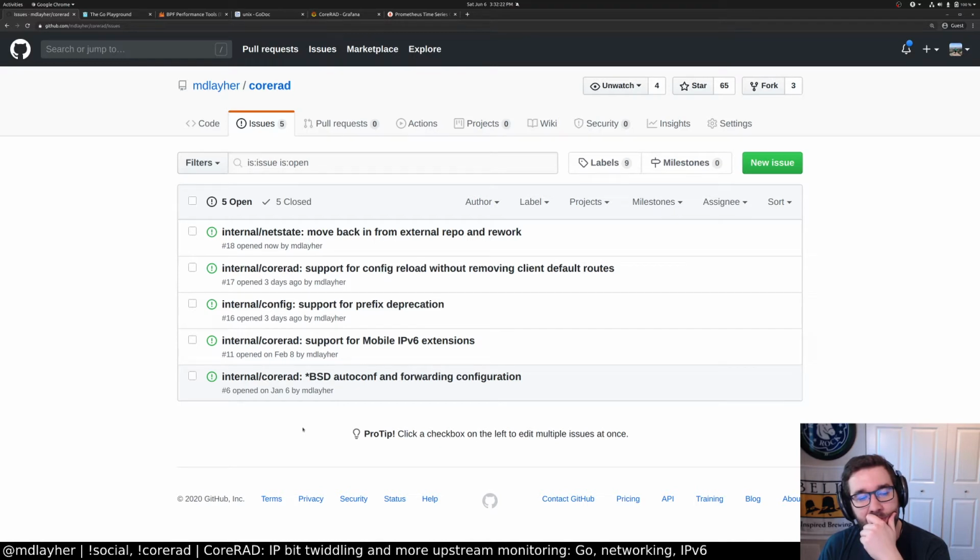So I guess here's a question: is there anybody here who'd want to run this on BSD? Because if there is, that would motivate me to work on that. But if not, then I probably won't worry about it for now. It is cool that it mostly works on BSD, though.